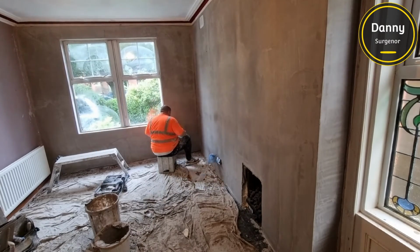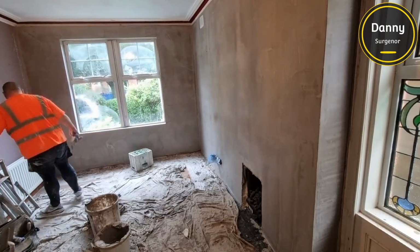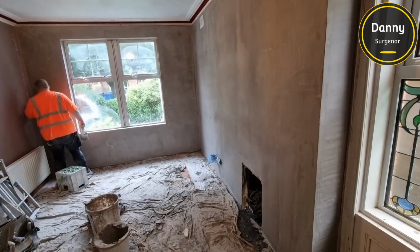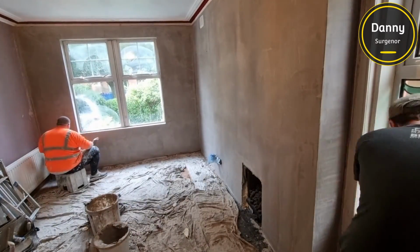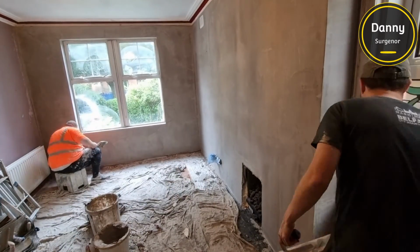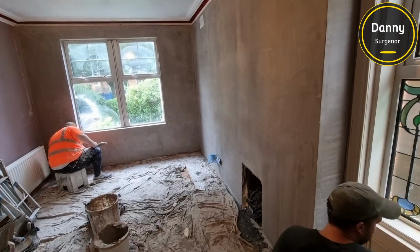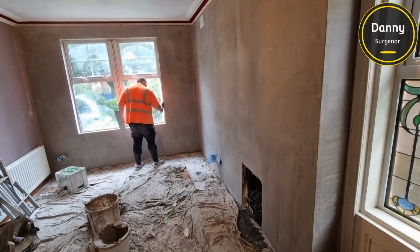But here's a good example for people that wonder what happens if you don't get the ridges out in time. You can see here at the right hand side beside this window, you can actually see lines on that little small bit of wall. These are the lines that weren't troweled out completely because they were too hard. And what you do is you fill fat around them, and it can leave your work looking a bit shitty. Now luckily it was only this small bit, and I actually went back to this job, and the client didn't ask me, but I sanded that bit down, just because I wasn't 100% happy with it. But if you leave lines on your plaster,